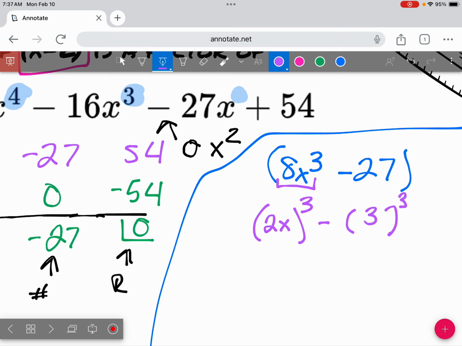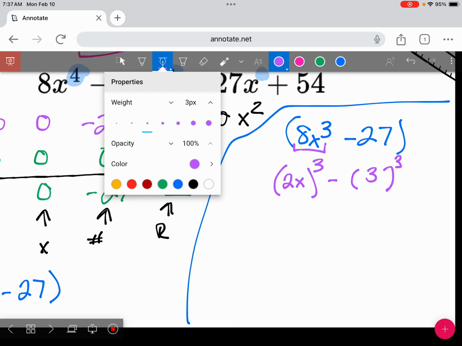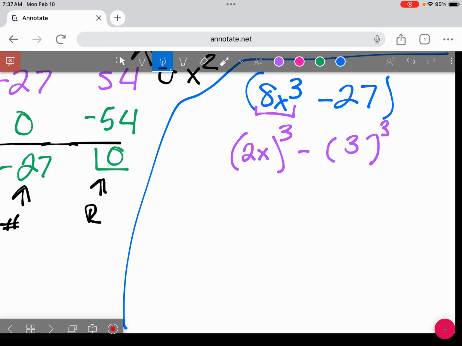Yeah. 3 cubed is 27. So this is a difference of cubes, and this can use that special pattern, which we did give you guys on the homework. I don't have it up right now, but this is one of those special patterns where I'll just write it out here, a cubed